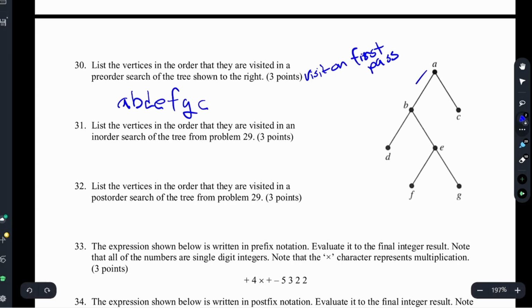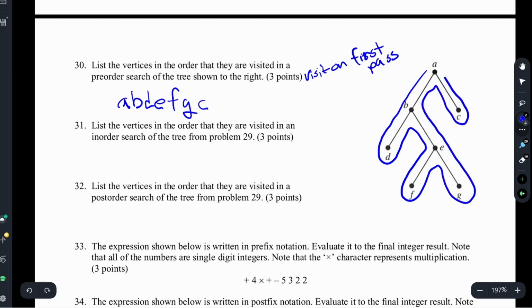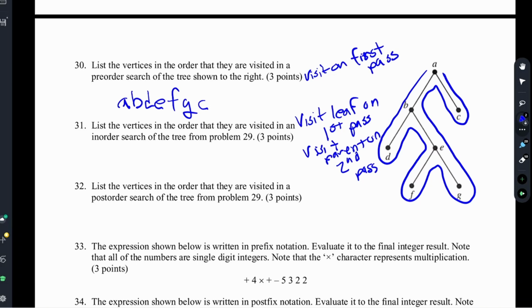In-order search says that we visit a node. Well, it's kind of interesting. We have 2 different things. We visit leaf on first pass. Then we visit parent on second pass. This will make sense if you understand the actual visiting order of the nodes whenever it comes